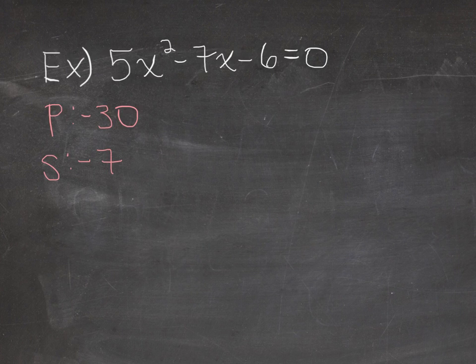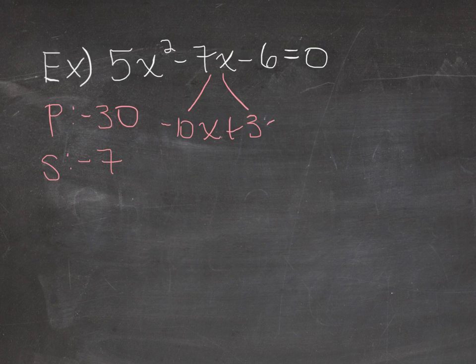So I know that 10 and 3, again, will make a 7 when added together. So what I want to do is put the signs appropriately so that I end up with a negative 30 when I multiply them together and a negative 7 when I add. So this time I want the 10 to be negative, because negative 10 plus 3 will be negative 7. So I'm going to split that 7x into negative 10x